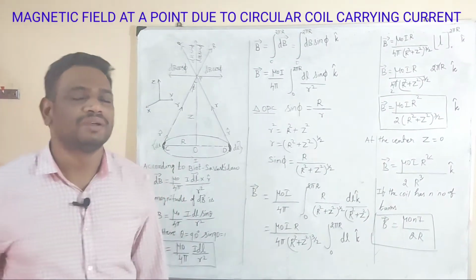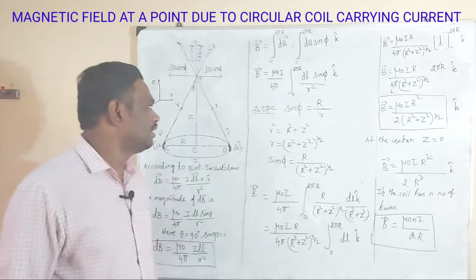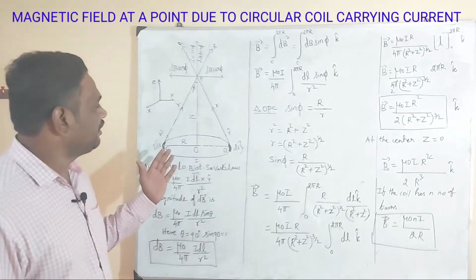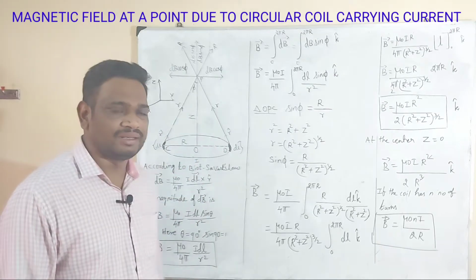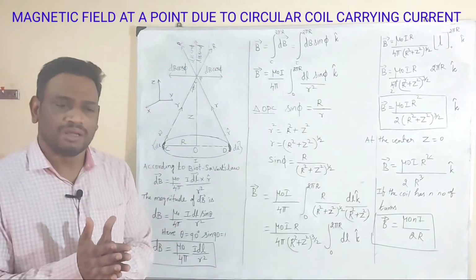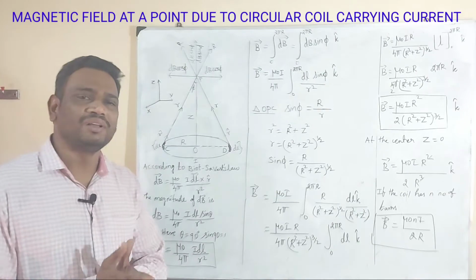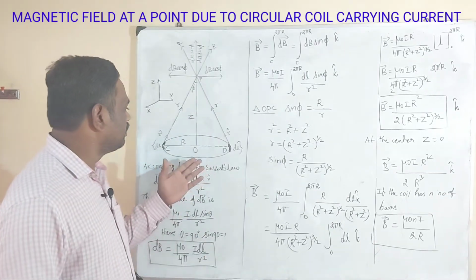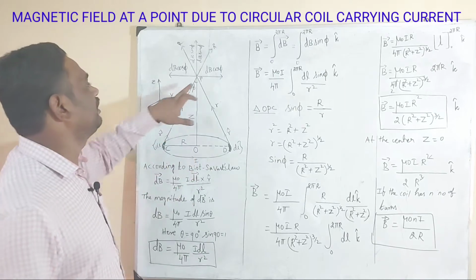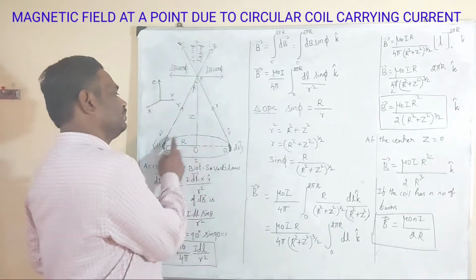Hello students, today I am going to teach you about the magnetic field at a point P due to a circular coil carrying current. So we know that when current passes through a coil, definitely it will produce a magnetic field. So in this case, we are going to find the magnetic field at the point P due to a circular